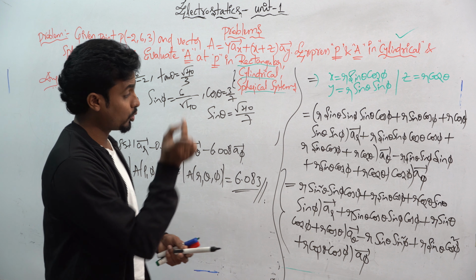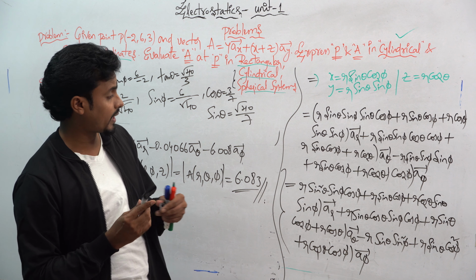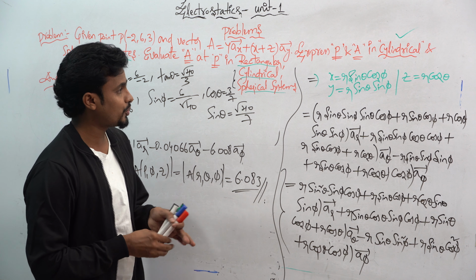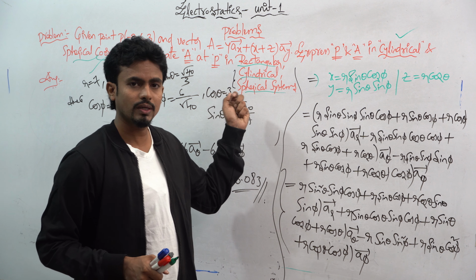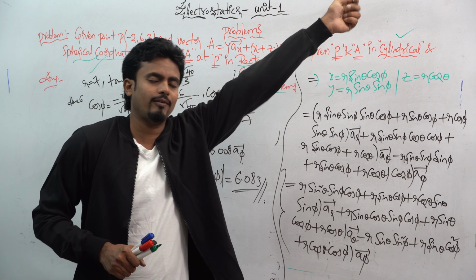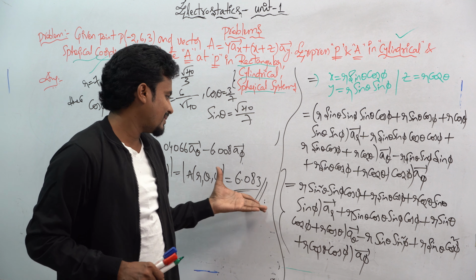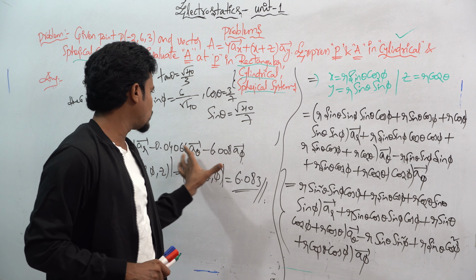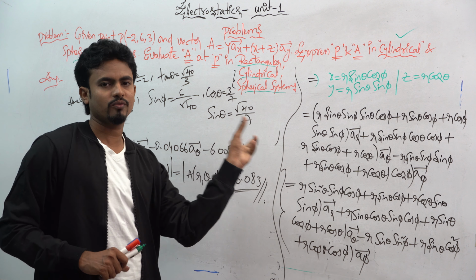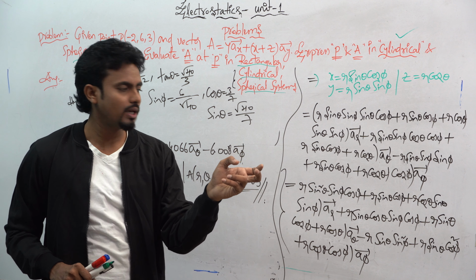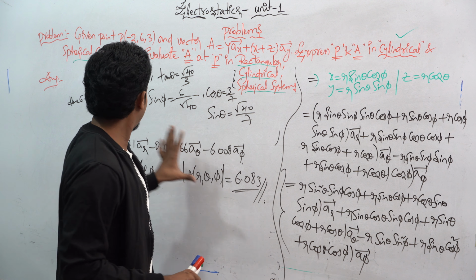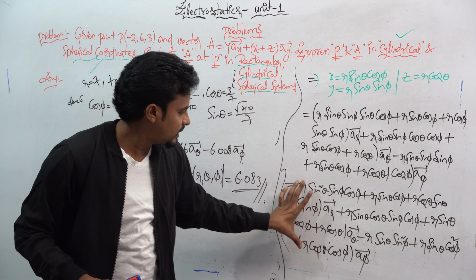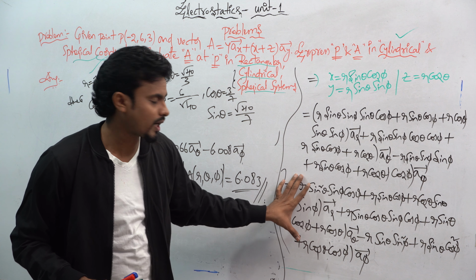Okay, for the cylindrical coordinate system that I told you before, you just have to equate the rho and phi values. You will get some 6.08. Here, if you want to equate all of those values, add up all of those values, you will get 6.08. Okay, if all the values are present here, just put all of those values in this equation, you will get your answer. This will be the answer.